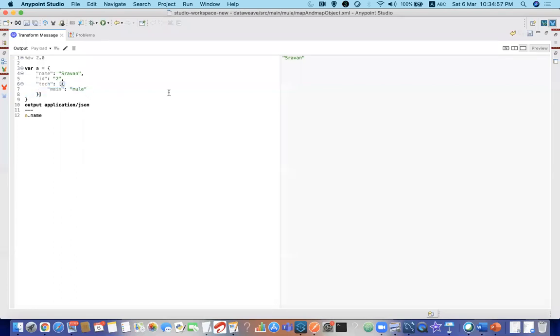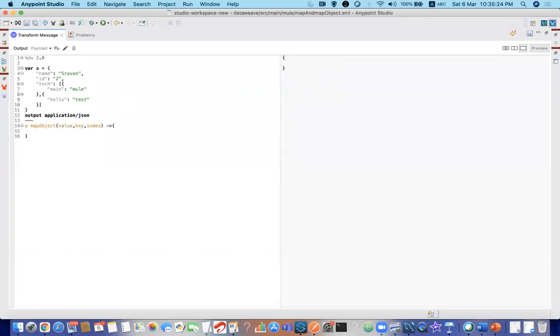Let me add these things. This is A. Next, the map object syntax: you need to pass value comma key comma index. Index is an optional thing.